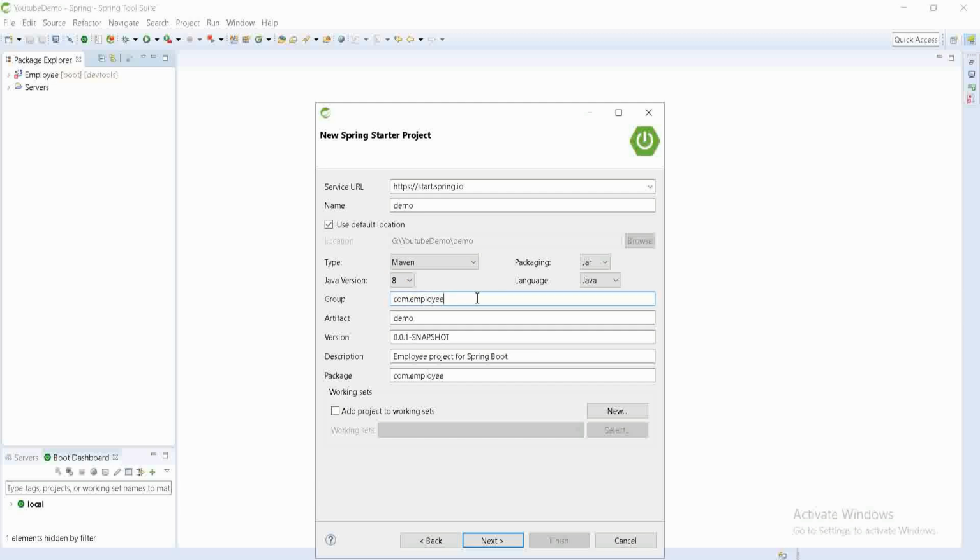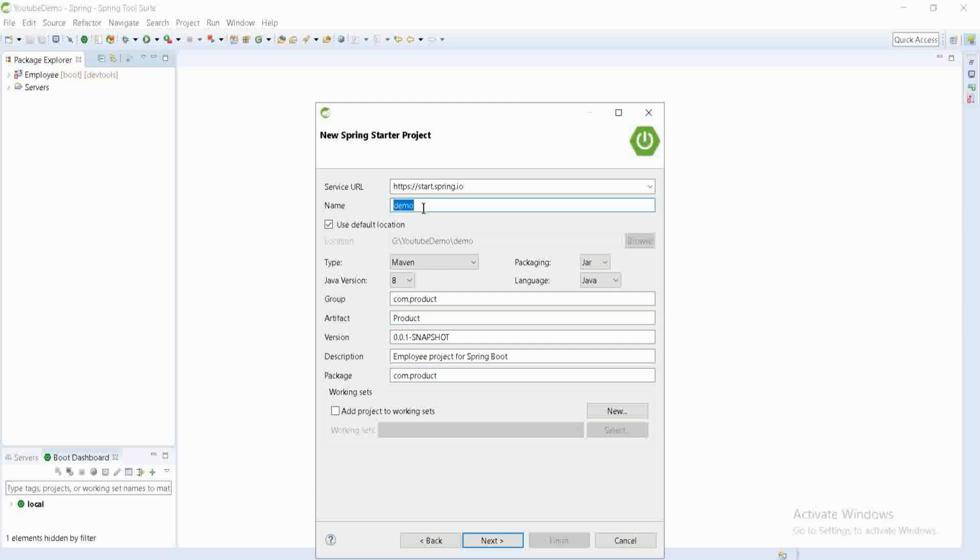Here you have to provide the group. I am going to create a project, for example, for product. We are using this, and the same I am going to use as the package name. In the artifact ID I will add product. This will be our project name.